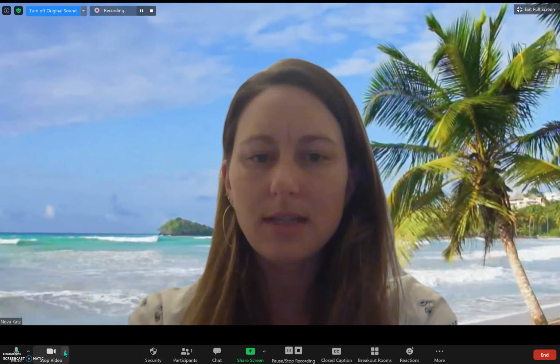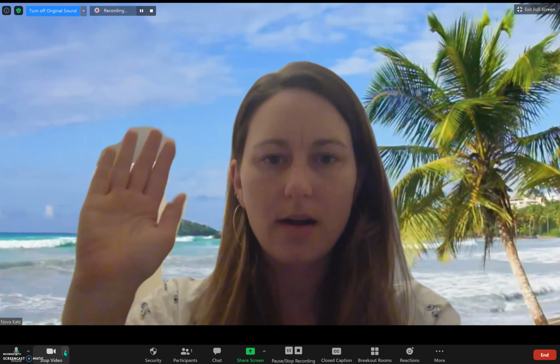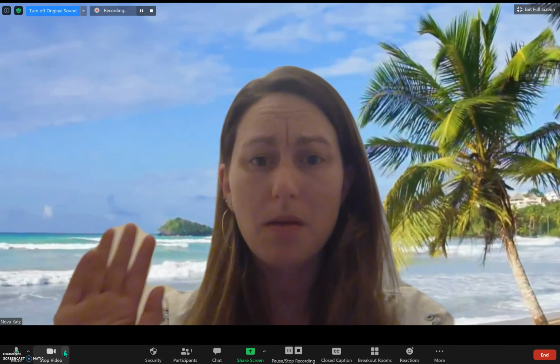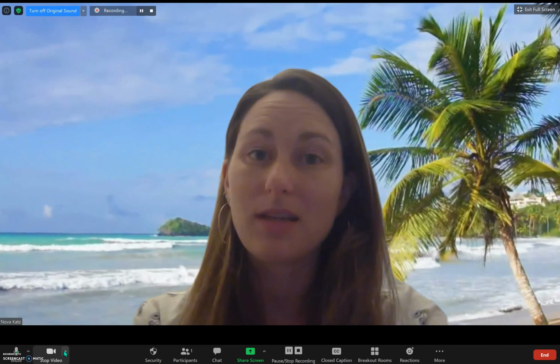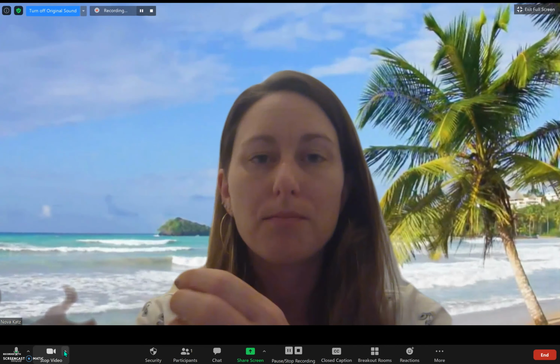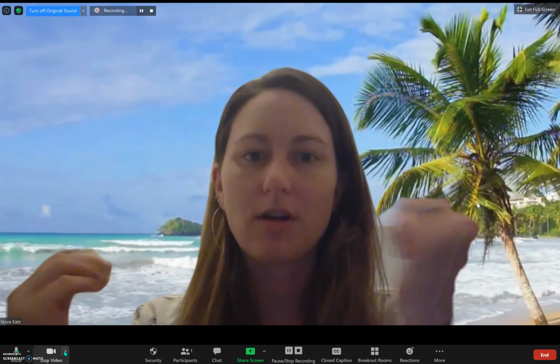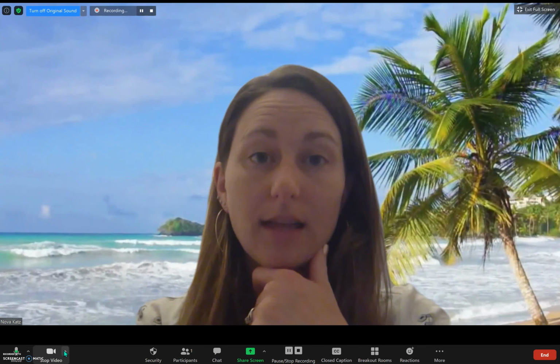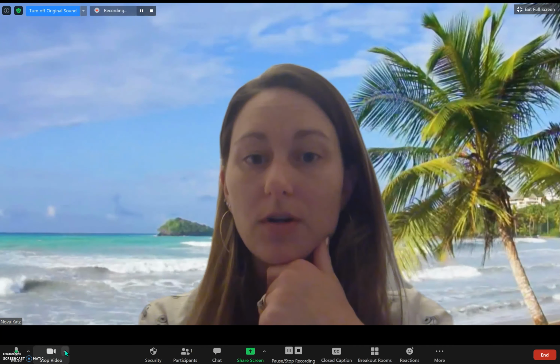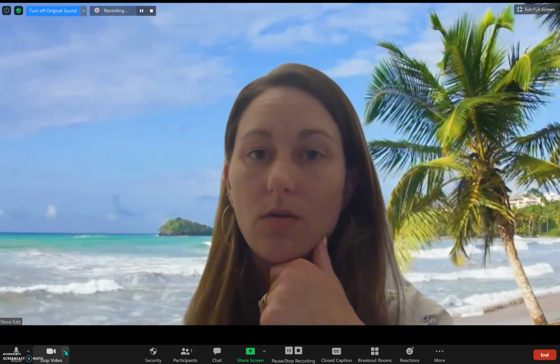Now sometimes it shows up pixelated, where it kind of shows the background but not really, and it doesn't come through properly. That 100% has to do with your computer's video card. So the graphics that are pre-built into your computer determine whether or not the background looks solid like this or is a little bit choppy. So unfortunately, if that is an issue for your computer, I recommend using a green screen or a solid image